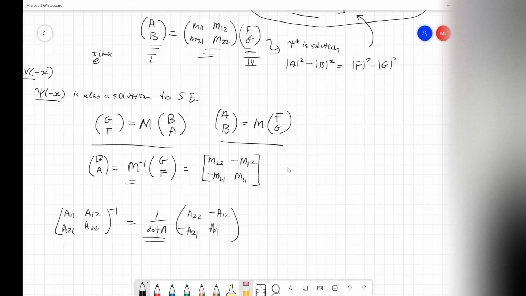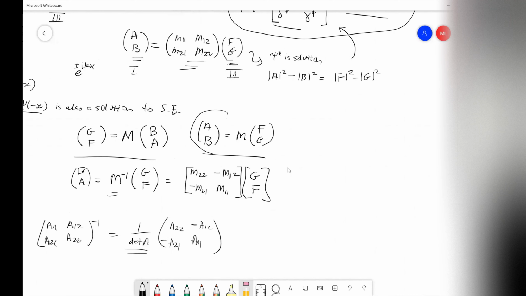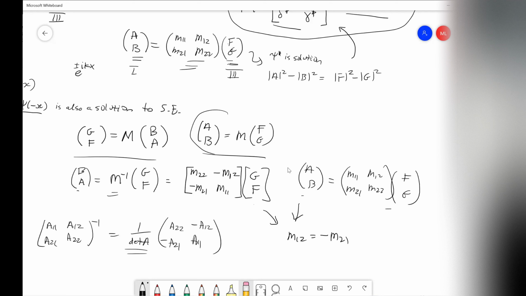All right, and then this whole thing is acting on GF. And now we just compare that to this original thing that says that AB is equal to M11, M22, M12, M21, just the matrix elements, acting on FG. And now we can compare, right? This connects A and B to F and G, and so does this one. And so these both have to be satisfied. And what we can conclude is that M12 is equal to minus M21,